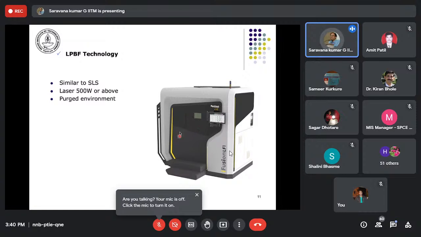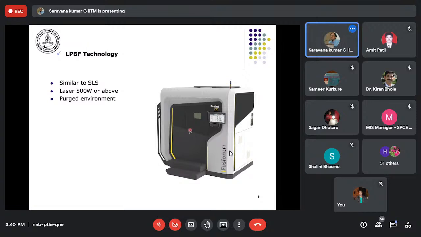So what you see here is an offering from one of the vendors, a new startup, or I would say a new company from India, giving a metal LPBF machine. We have recently acquired one, and we have installed it in our campus.